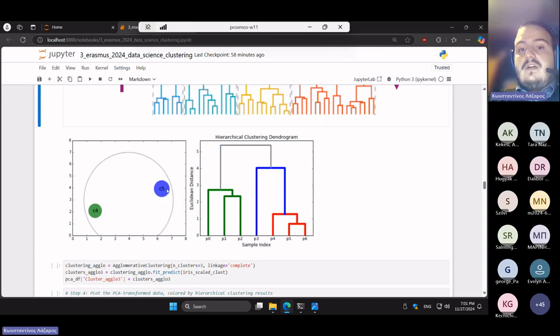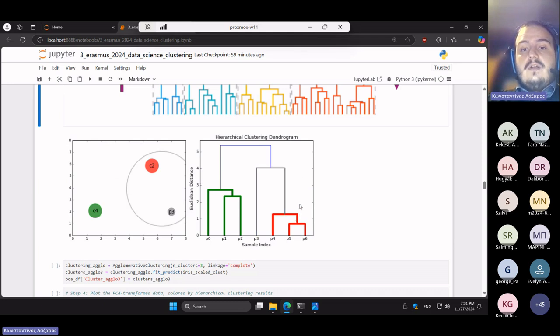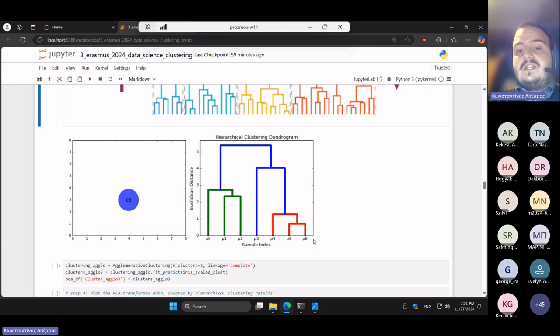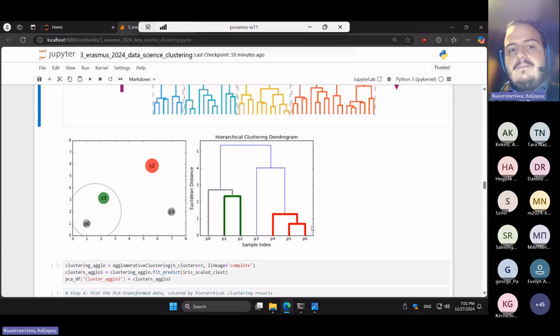So I would have, for example, cluster 1 right there in green. I would have cluster 2, which is a single point, P3. And then I would also have cluster 3 right there, which would have these red points like P4, P5, and P6. So it is very similar in terms of how it works to k-means, but